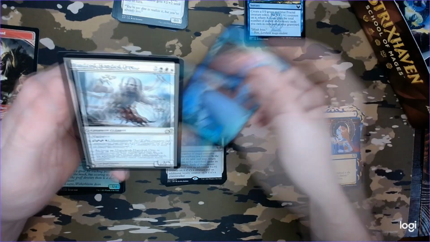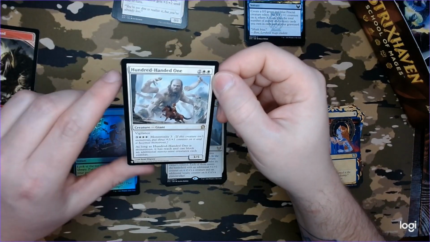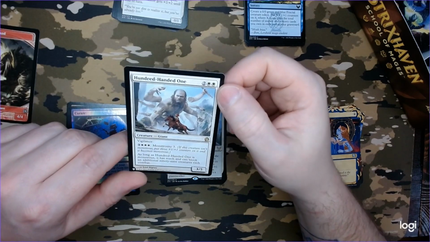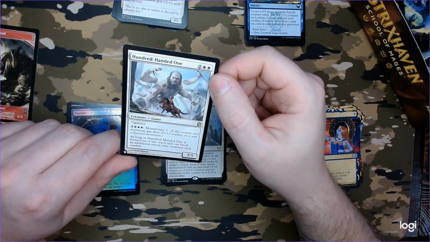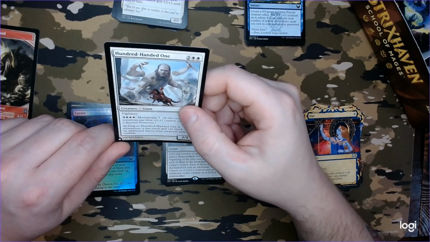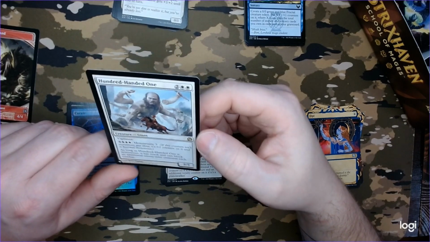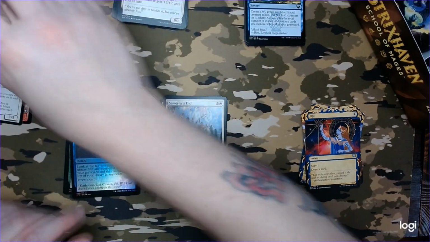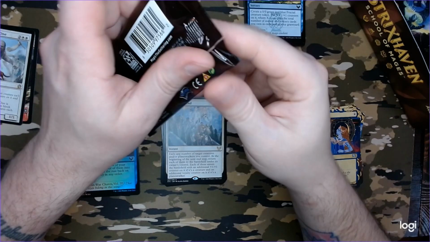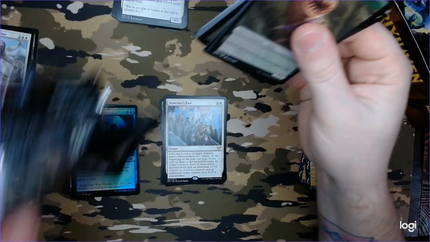Curate for a foil, and we got another List card, Hundred-Handed One, which I did have a copy of, and I think I got rid of it because he's something that I don't really play, and I don't think he's really worth anything. I mean, he can block an additional 99 creatures each combat. He might be worth something, but yeah. I don't know. Alright, so I'm just kind of grabbing randomly and seeing how...